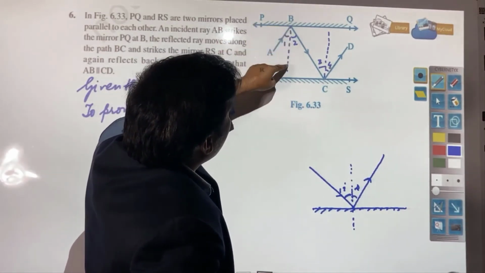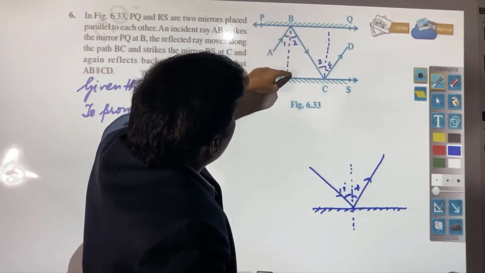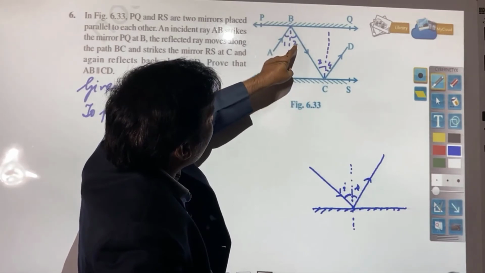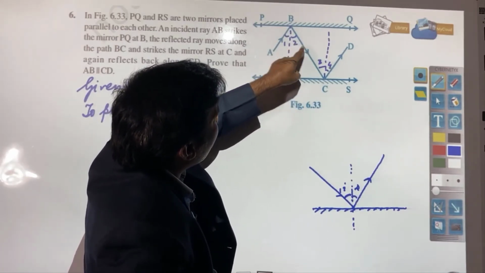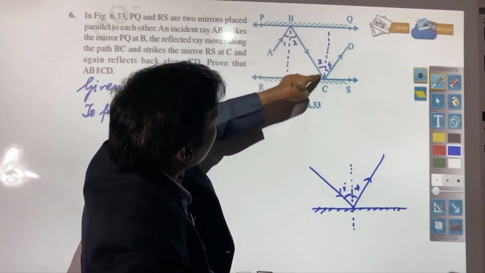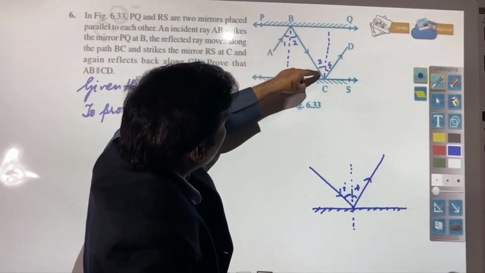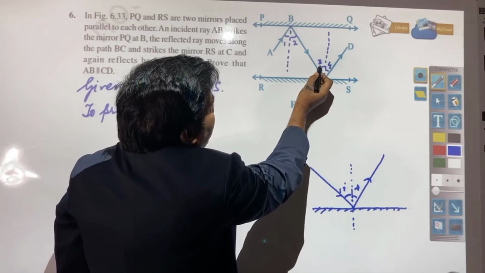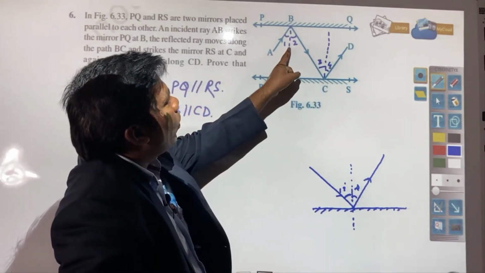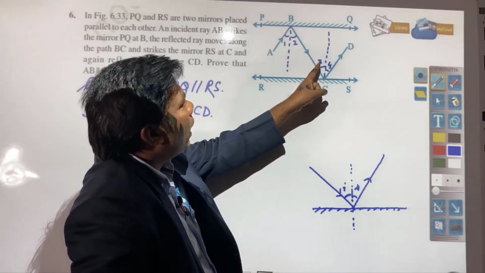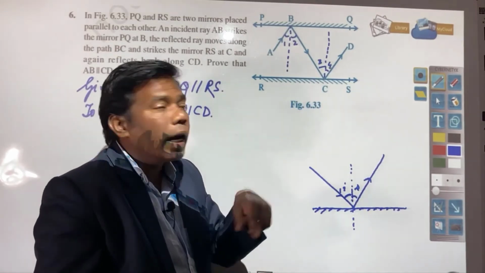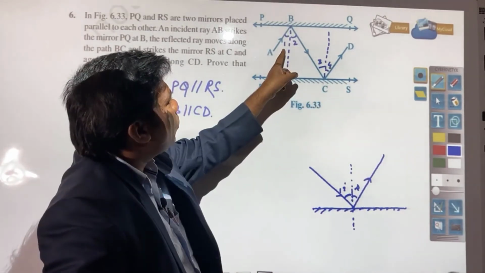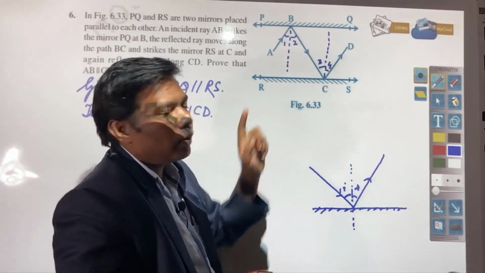This line is perpendicular and this line is perpendicular, so 2 and 3 will be equal because this is a transversal. If 1 and 2 are equal, 3 and 4 are equal, and 2 and 3 are also equal,